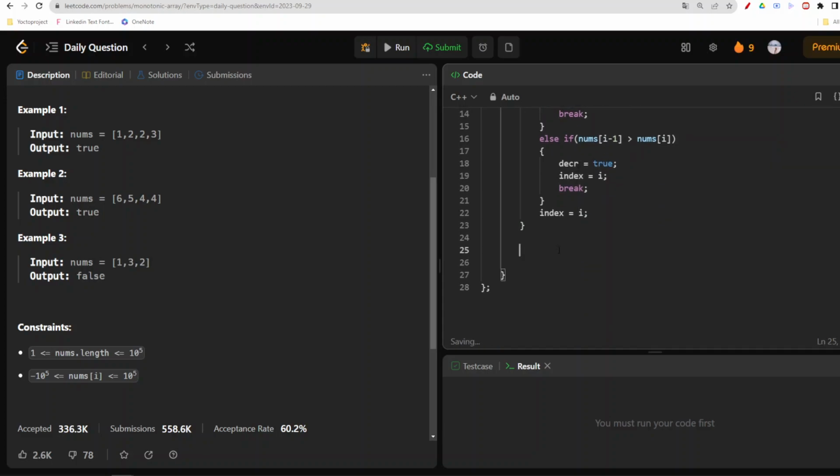Now after breaking out of this loop, we will start our next loop from index, with I less than nums dot size, I plus plus. As we are starting directly from index, we won't go till the last. We will just go up to nums dot size minus 1, to avoid a runtime error. So here we will check if our decrease flag is true and